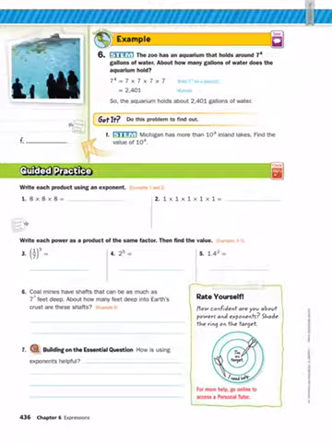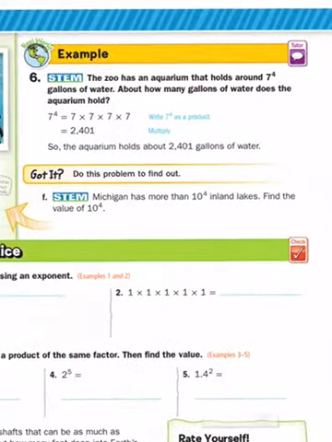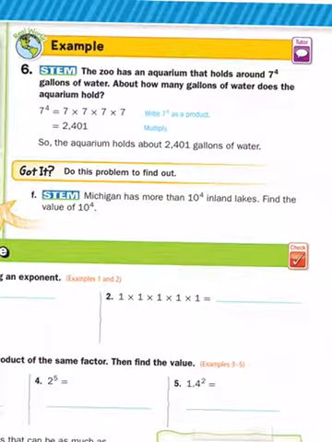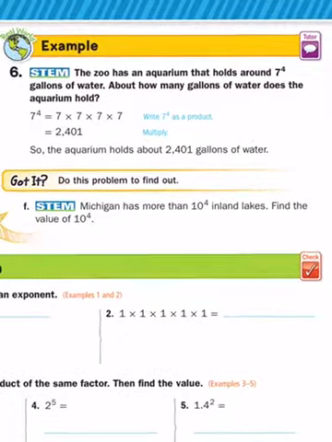On the next page, we're going to go over example 6, and you can use a calculator for these now. So it says, the zoo has an aquarium that holds around 7 to the 4th power gallons of water. About how many gallons of water does the aquarium hold? So in this one, even though it didn't say to write it as a product, 7 times 7 times 7 times 7, that's a good idea if you were solving it. So if I were solving this, remember, I would type in on my calculator, oops, that's the highlighter, sorry. I would type in 7, remember that exponent button looks like that, to the 4th power. That's what it would look like on the calculator. You don't write that down. But if you hit enter, you would get